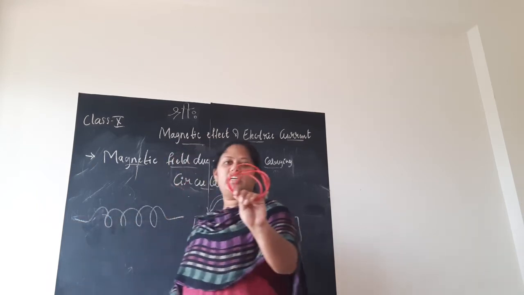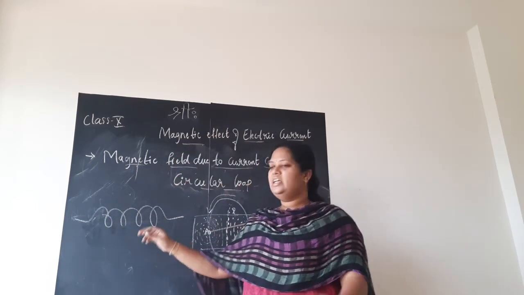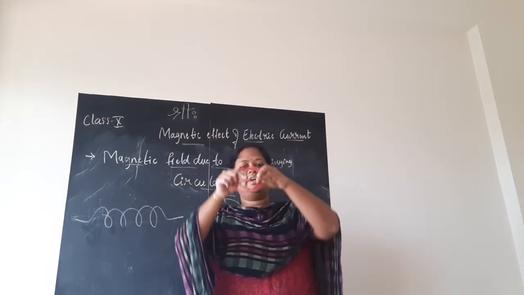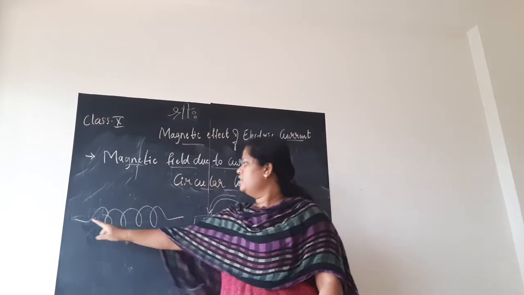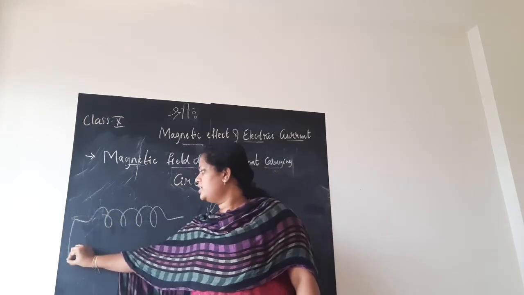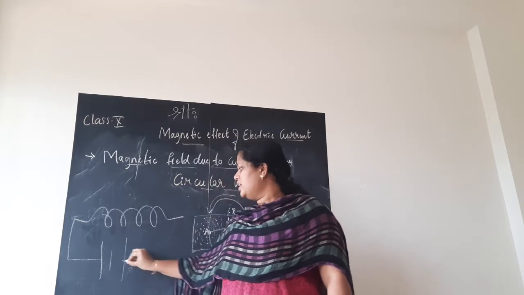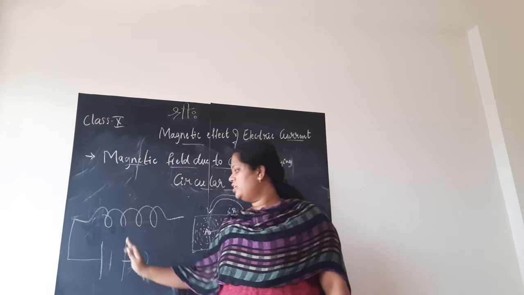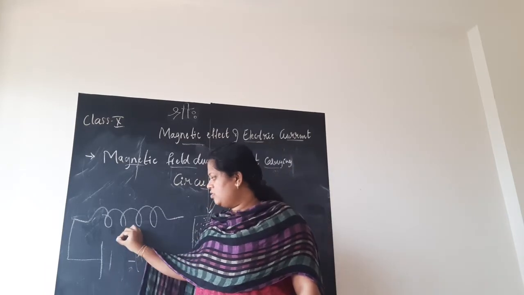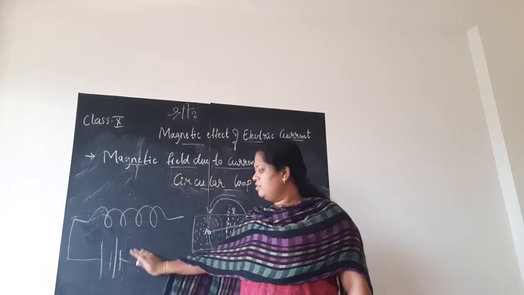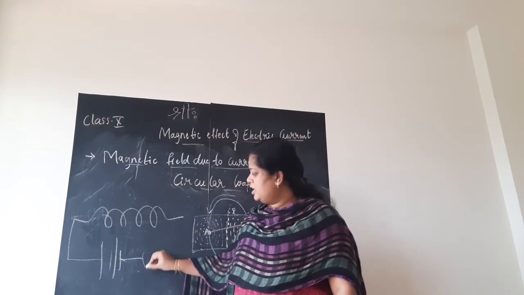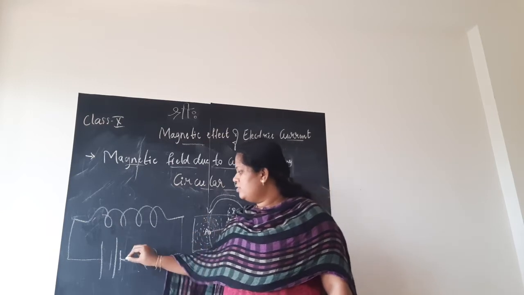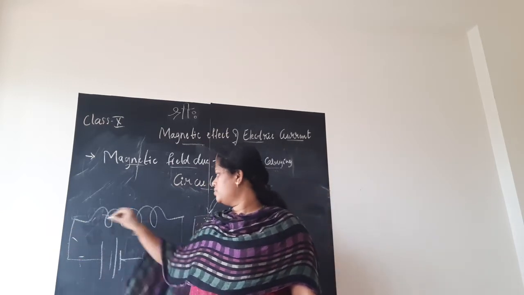Then my figure, this arrangement, is good. Still I have the two ends of the wire. These two ends I have. I will not leave them as they are. I will take those points and connect them to a battery. See, I made a mistake here. Why? Both sides are positive. I have written a long line. It is wrong. A short circuit will happen. One positive, one negative. I should write one short line. And of course I need a switch, which I will switch off for now. Now, in which direction will the current flow? This direction.